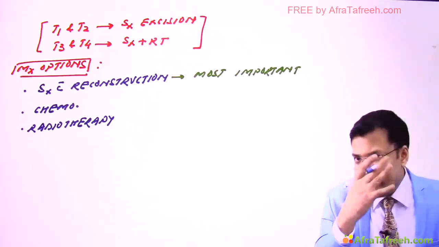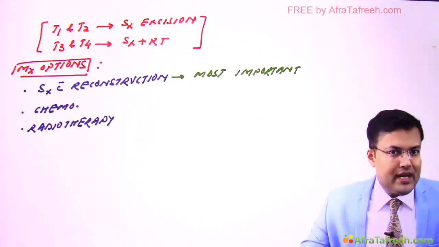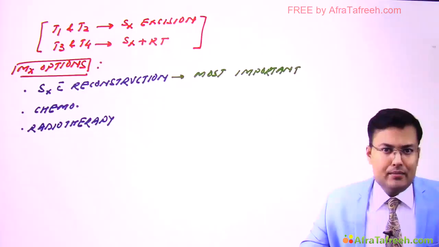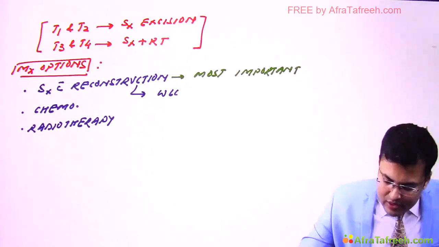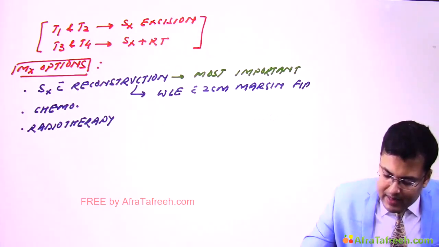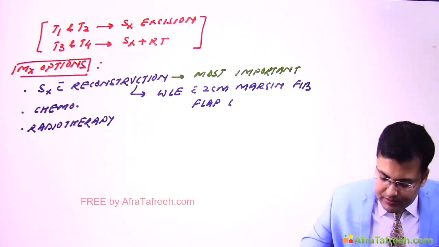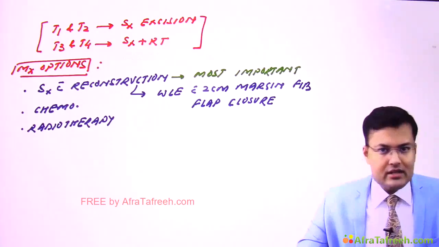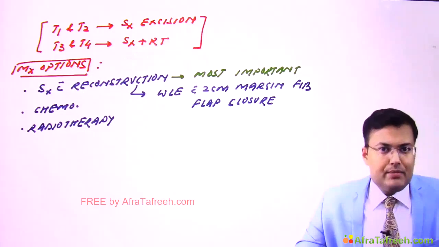And we discussed that in head and neck reconstruction, the most commonly used flap is the PMMC flap, pectoralis major myocutaneous flap. So here we go for wide local excision with 2 cm clear margin, followed by flap closure. So this is how we manage. Now one by one we are going to discuss the important flaps used. The most commonly used flap is the PMMC flap.